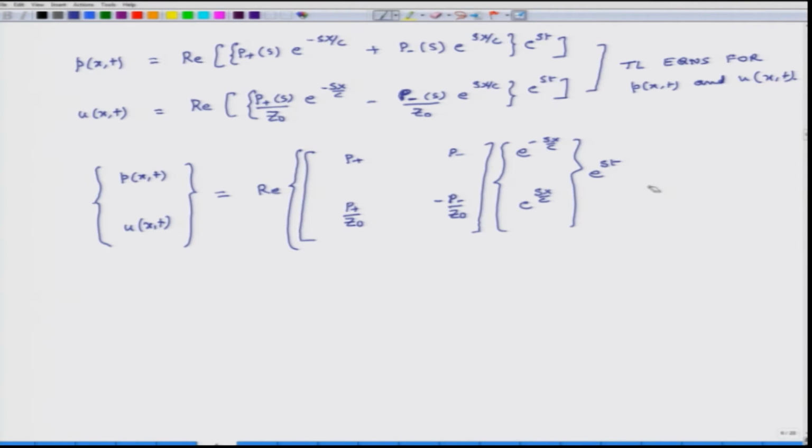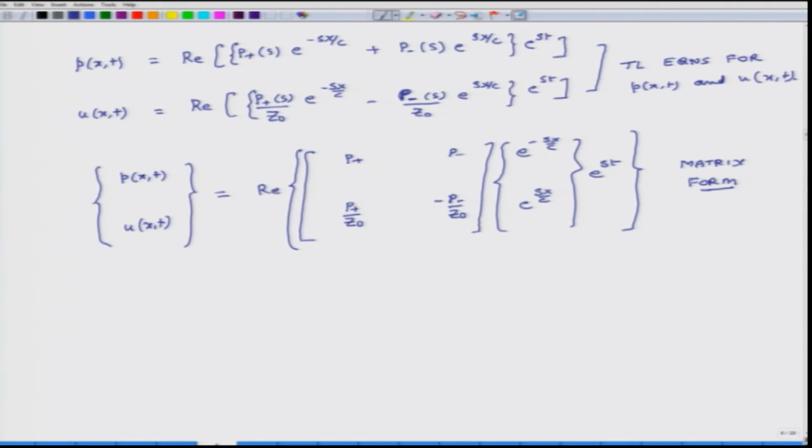So, this entire thing is closed in curly braces. So, this is the matrix form. And if we do not want to use the term real,